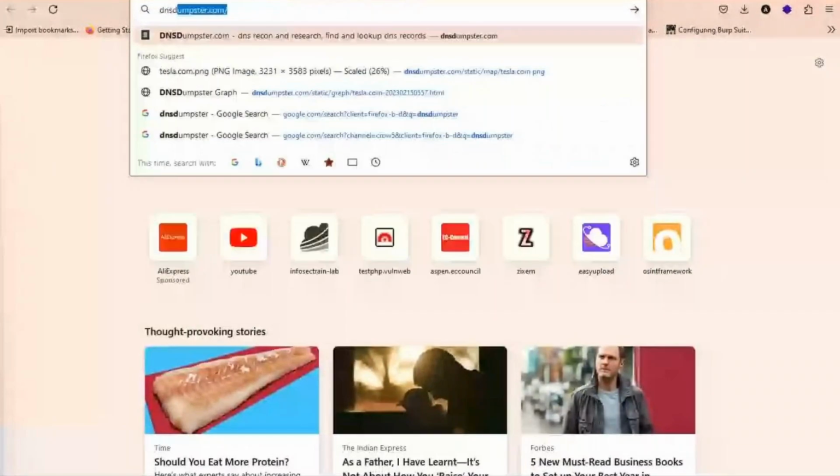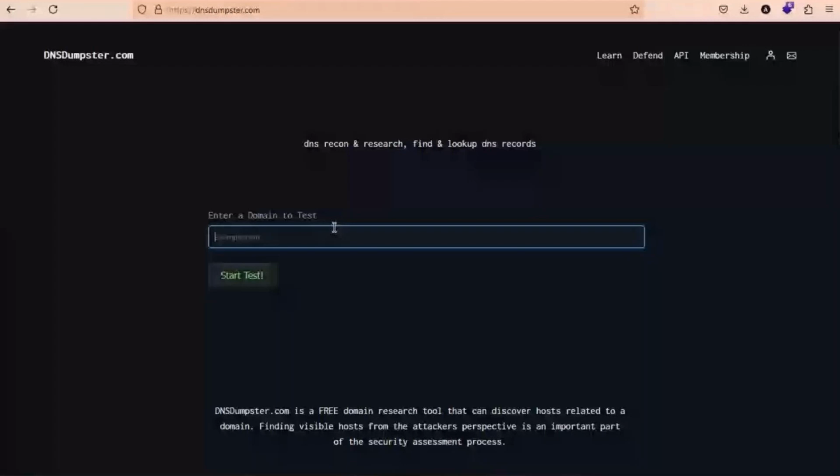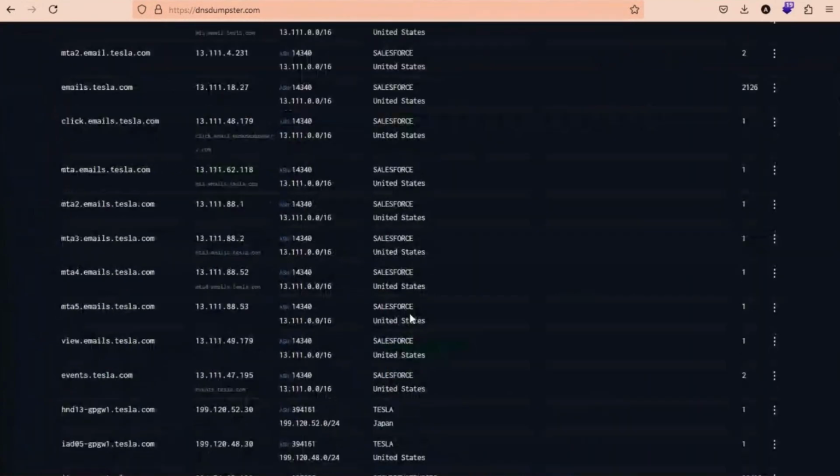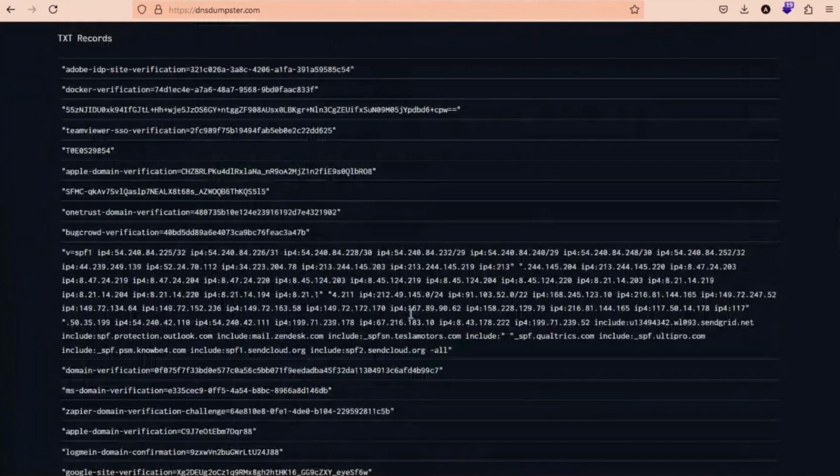Let's say I want to find out information about the subdomains, right? What subdomains are there, right? And I want to do the information gathering about the DNS records, right? So let's say what we can do. Let's say I want to find out information about Tesla.com. So here, if you see, it's giving a lot of information about Tesla.com, and here in the format of a graph,